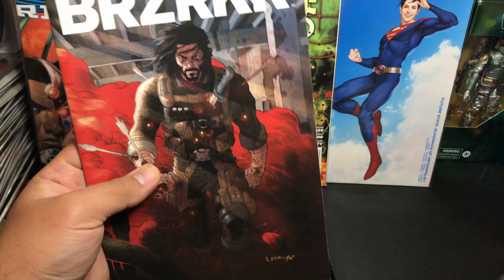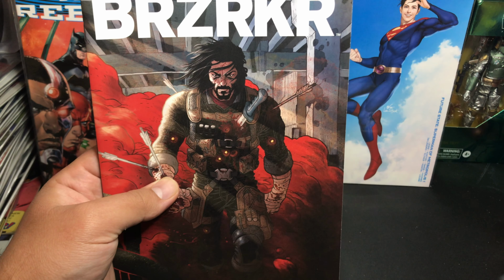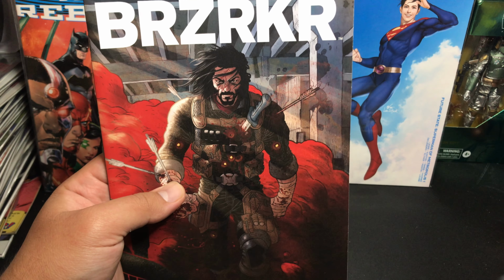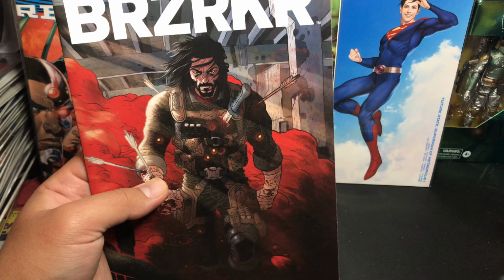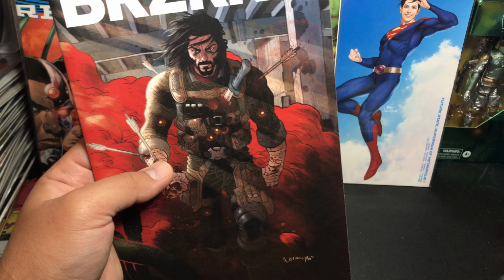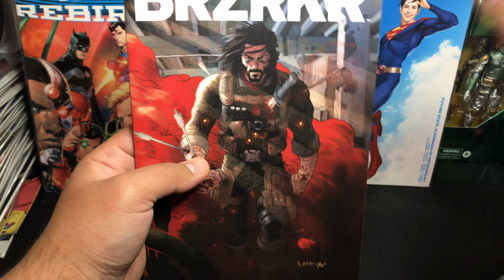By the way, I got the cover A, but I know there were probably like 20 to 30 different covers, including store exclusives. There's a B and C cover. There's a 1 in 10, a 1 in 25, a 1 in 50, a 1 in 100, a 1 in 200, a 1 in 500, and there's even a 1 in 1000 that's supposed to be signed by this guy